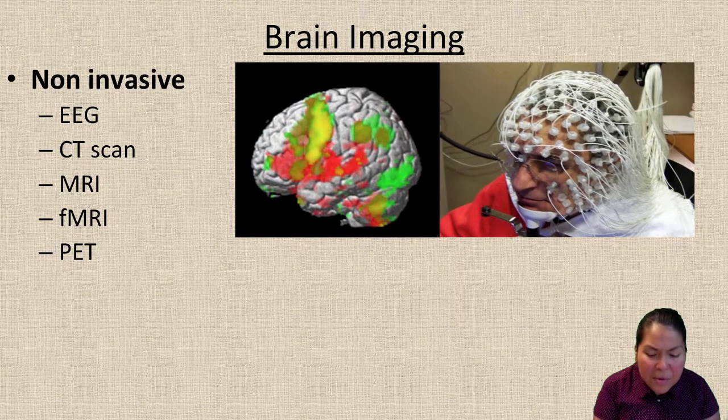MRIs provide a more specialized and clearer picture of the brain scan in order to examine the structure of the brain. So it's a more specialized X-ray or imaging of the brain than what we first had in the CAT scan. And the last two that we have, fMRIs and the PET scan, these, on the other hand, are neuroimages